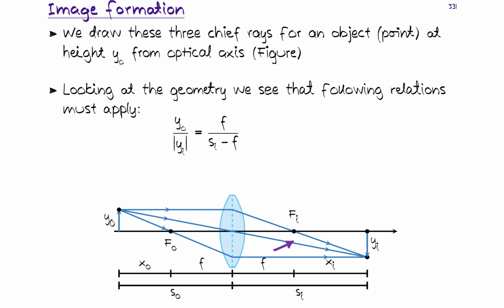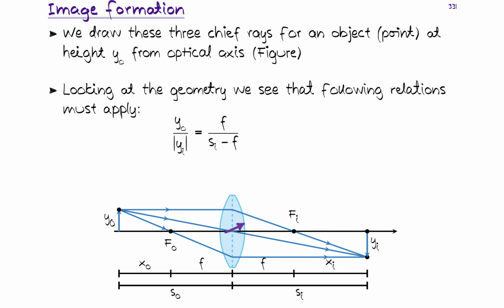And then I can look at the tangent of that, so that I can see that this is essentially the tangent of some angle here. And then I will have yo divided by yi. So I can imagine that I have a triangle here, and then I have a tangent of the same angle, and then the tangent will be essentially